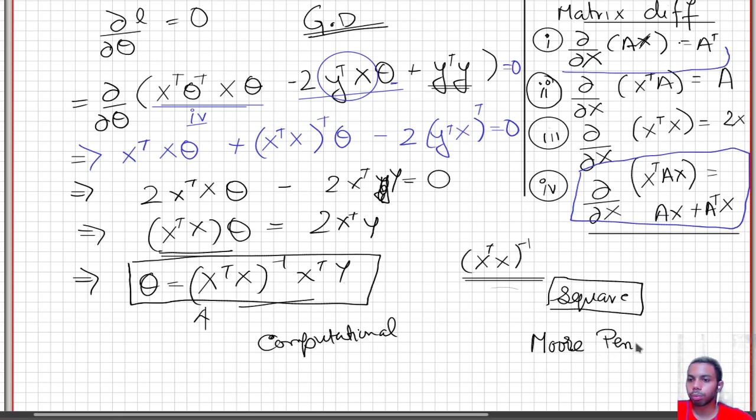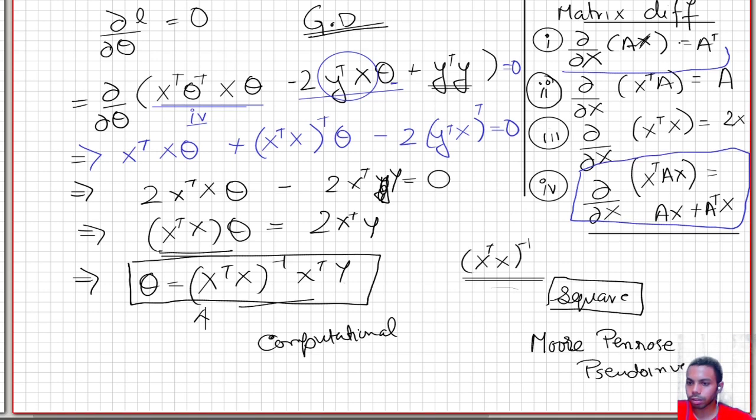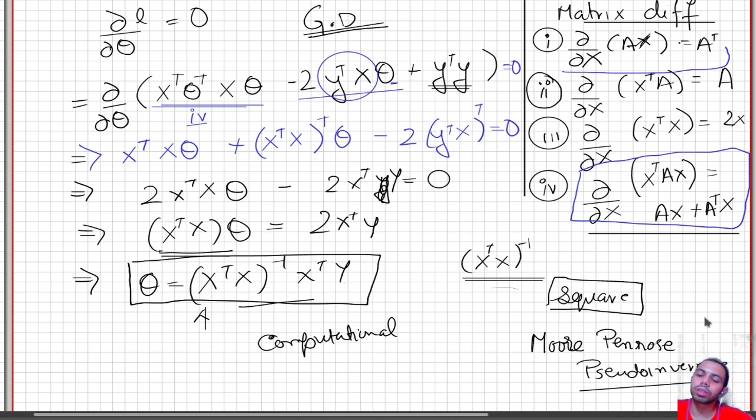I think it's called the Moore-Penrose pseudo inverse, with which you can calculate approximate inverses to matrices. So maybe one day we'll have just a video on that. It's a beautiful concept. I picked this up from Ian Goodfellow's The Deep Learning book, and I loved how he illustrated it. So I think we have actually come to the solution that we want to.